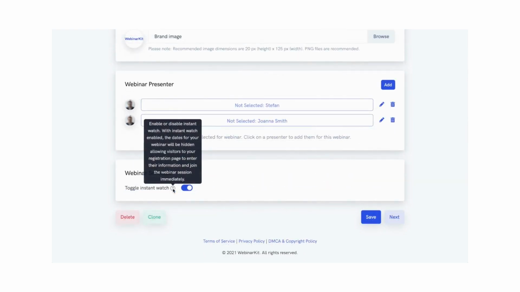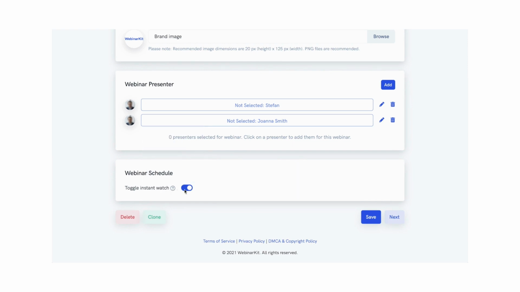The first option is an instant watch, and as it says right here on the tooltip, enable or disable instant watch. With instant watch enabled, the dates for your webinar will be hidden, allowing visitors to basically go to the webinar session immediately. This is great if you want people to just skip over a pre-selected time and go directly into the watch room. We also have